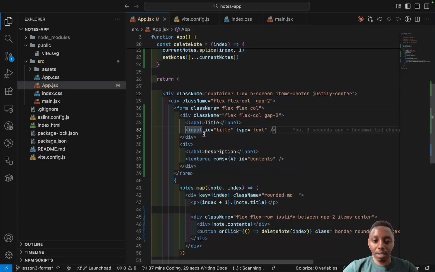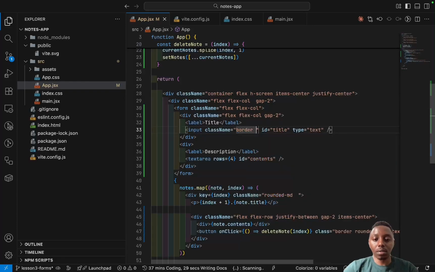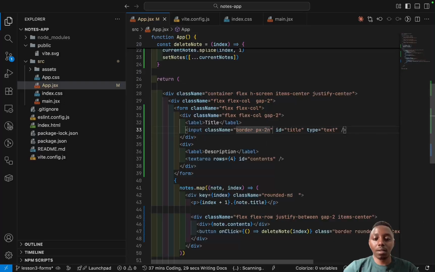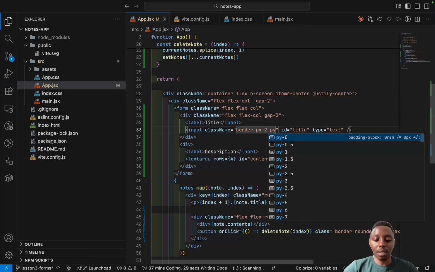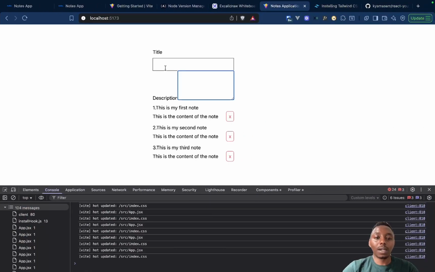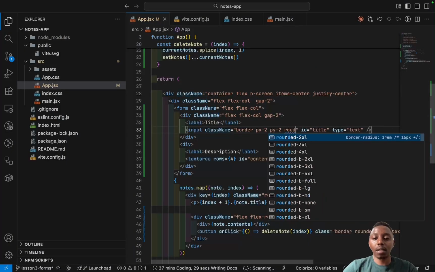Then we'll have the label. Then on the input, we'll have just a few classes. We'll give it a border, and a padding x of 2, so that there's an x padding, and a padding y of 2 as well. So if we go back, at least this looks a bit better, more presentable, and then the corners are too sharp,